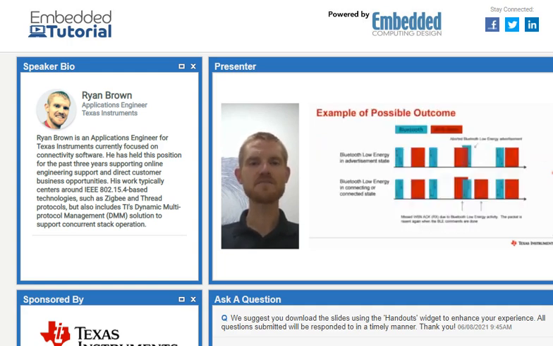So what are the possible outcomes that are available due to this technology? Well, in the first instance, we have Bluetooth Low Energy in an advertisement state. That is its application state. And so at the beginning, we see that there's no overlap and that the Bluetooth Low Energy that's in blue and the WSN node or wireless sensor network node are not overlapping, so there's no need for the DMM to get involved and intervene. However, in this second instance of the first line, we see that WSN node reception is